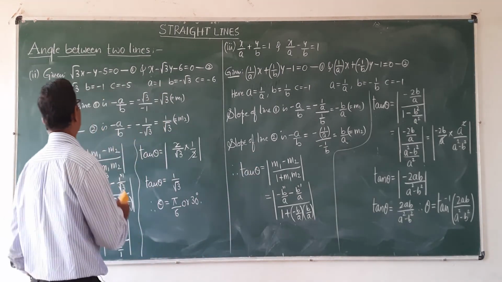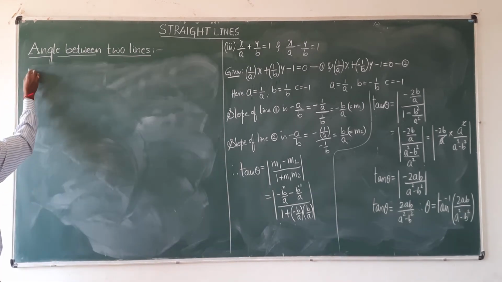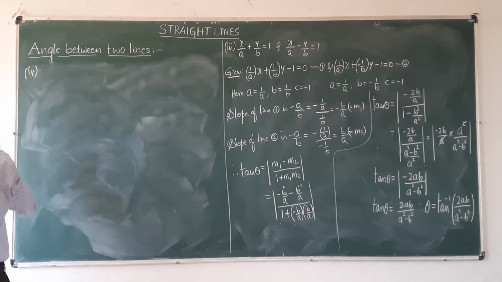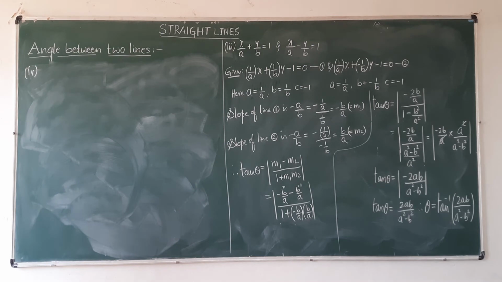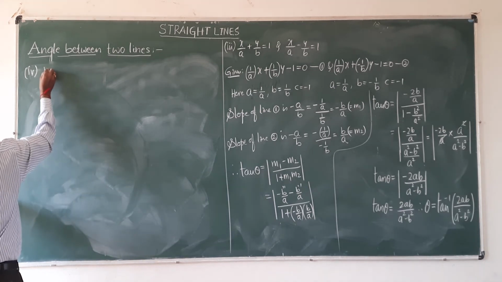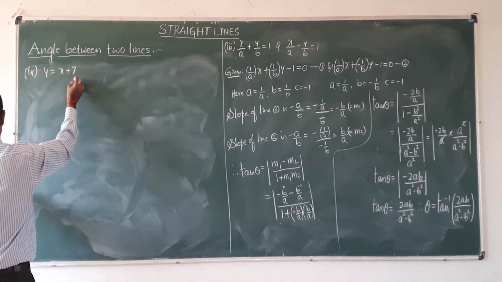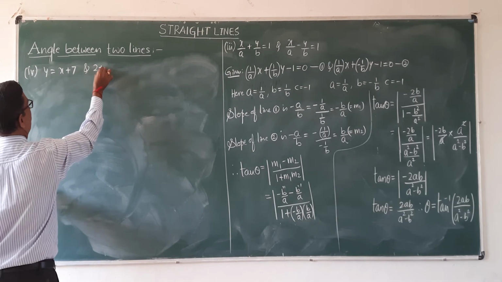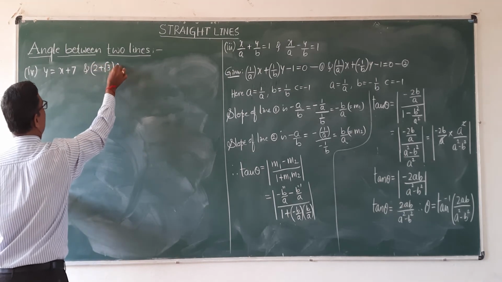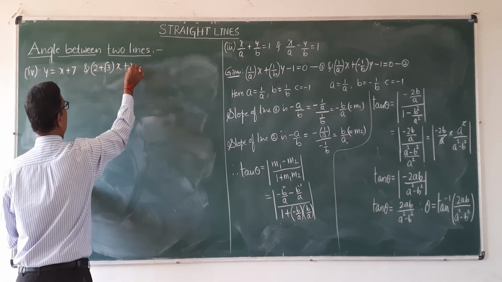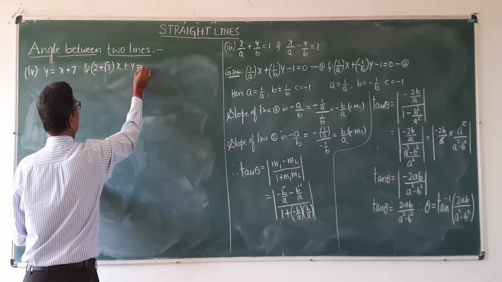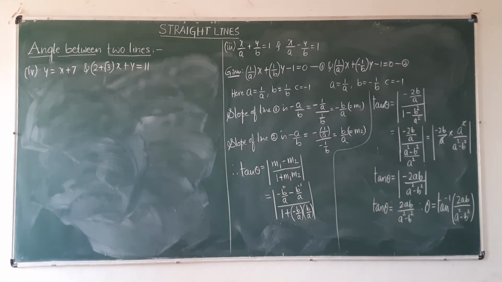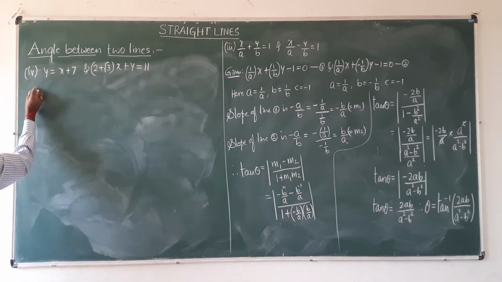Okay. Now similarly, one more problem, the fourth problem. Find the angle between the lines y is equal to x plus 7 and 2 plus root 3 into x plus y is equal to 11. Look here. Now, given data,